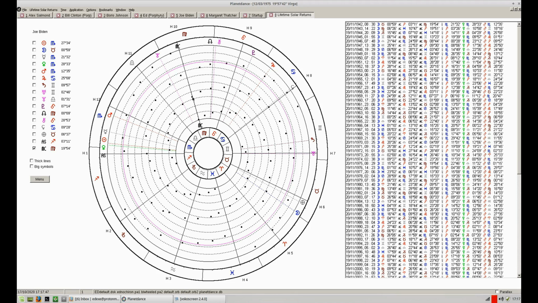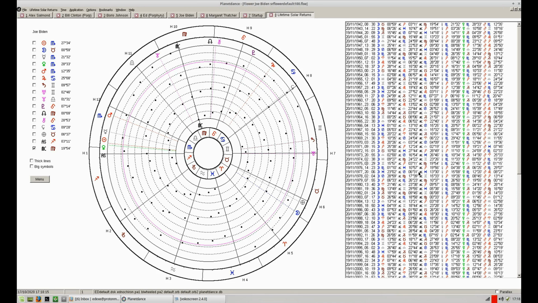This is approximate, obviously it's dependent on the precision of the mouse cursor, but this is 1975 solar return. We can have a look at that. We click on the line for the 75 solar return. We can see indeed the MC was in Virgo at 19°54', and this is pretty close. It's exactly close to the MC in the natal chart.